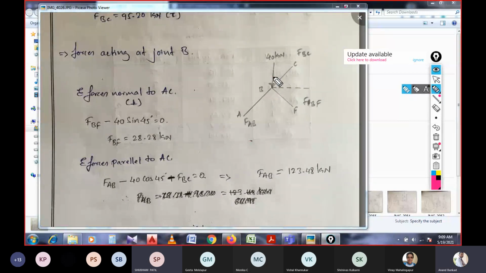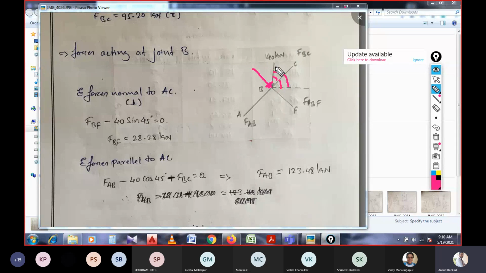Okay. So here it is a 45 degree angle and it is 45, and all together will be having a 90 degree angle. If you try to resolve this 40 kilonewton force to the perpendicular to this direction, then what would be the angle if you take? That is, you can take here it is a 45 degree angle. If you want to resolve this force to the perpendicular, then you can take it as sine 45.